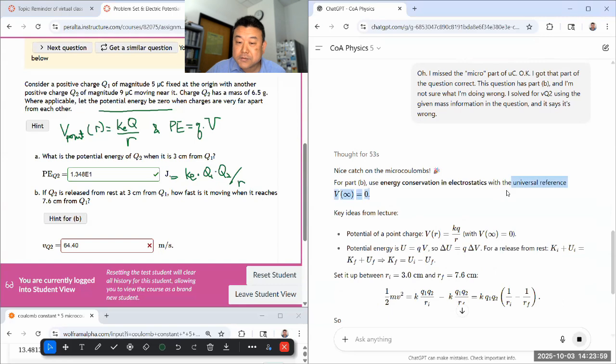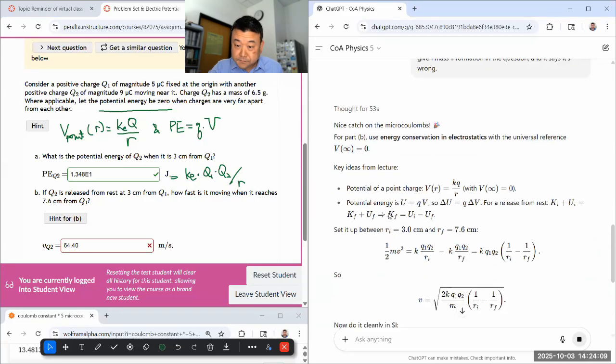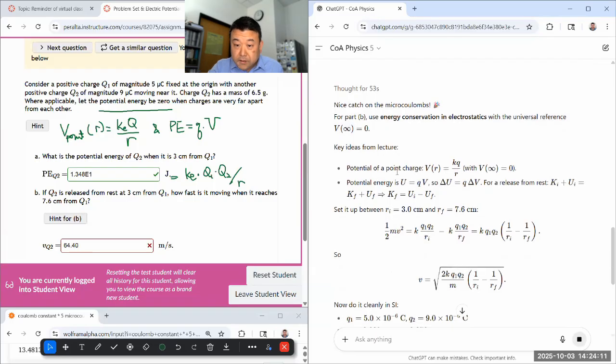Oh yeah, I do like that. So this is coming from the lecture. I think I'm the only one who refers to that as a universal reference. It's not some standard terminology. It might be. Yeah. So setting it up like this is how you should do it. Work with a snapshot, like an initial snapshot and a final snapshot, and when you set it up that way, one of the benefits is that it's less likely for you to miss details like this, because that's what I missed.